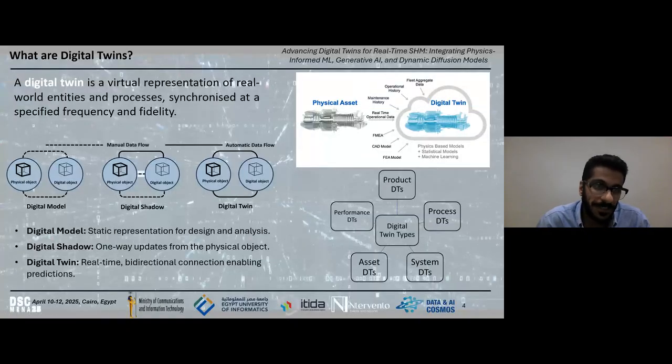So for those who don't know about digital twins, a digital twin is more than a digital model. It's a dynamic, real-time reflection of a physical asset, process, system, performance, or product. A digital twin continuously receives data and updates a virtual model that mirrors the physical state of, for example, a bridge, a machine, a motor, or a whole vehicle. This is not just a simulation you run once. It's a persistent system that learns and evolves over time. Digital twins are used in aerospace, civil engineering, manufacturing.